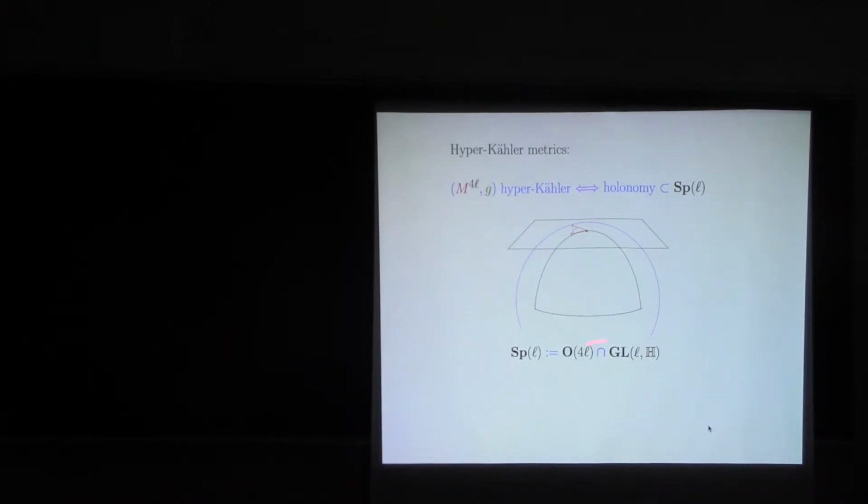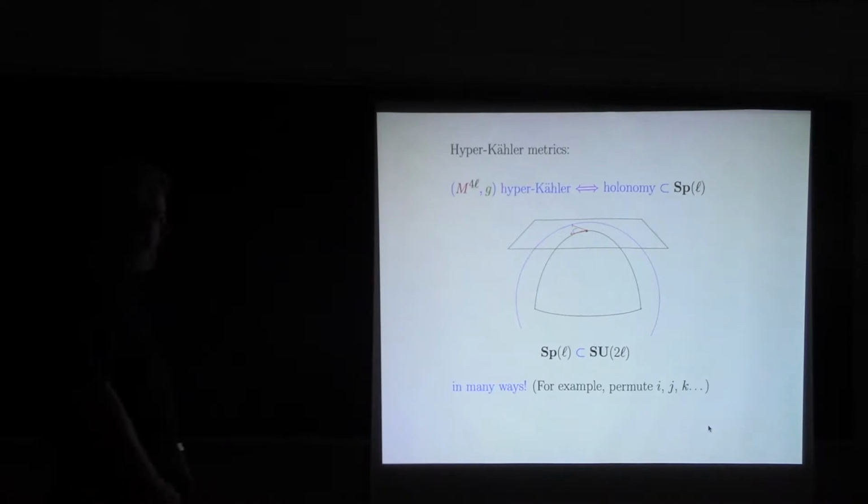And this group, which was first given a name by Hermann Weyl, plays an essential role in the classification of compact groups. This is actually a subgroup of the special unitary group, and so any manifold with this holonomy is automatically Ricci flat Kähler. But in fact, Sp(L) sits in the special unitary group